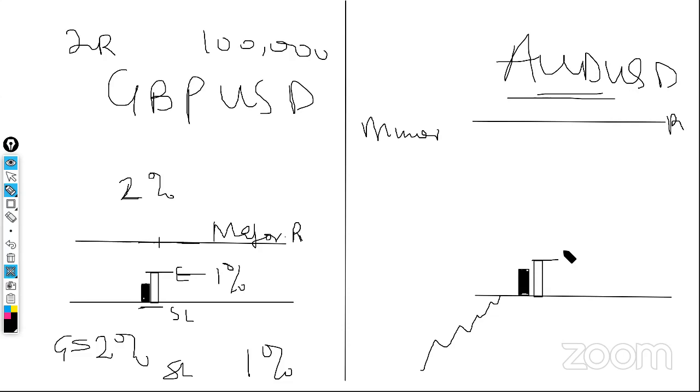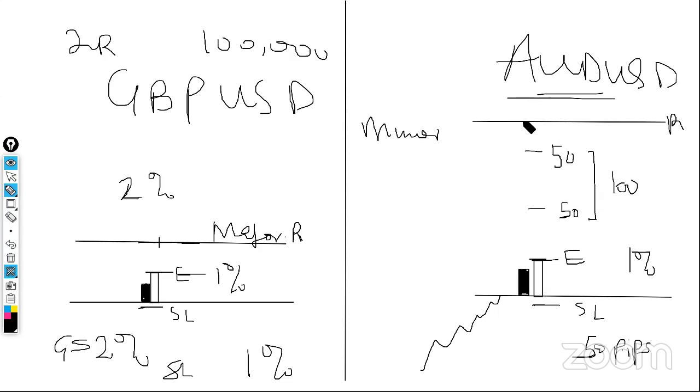And then from right here, which will be my entry, and then right here, my stop loss. Maybe I want to risk 1%. It means if the trade goes against me right here, I lose 1%. And then you can see, from this entry to my stop loss is, let's say, 50 pips. Okay, 50 pips. From this range there, it's going to be another 50 pips, which is one ratio there. From right here again to this zone, this is another 50 pips. So I have a total of 100 pips from my entry before price gets to the resistance level.